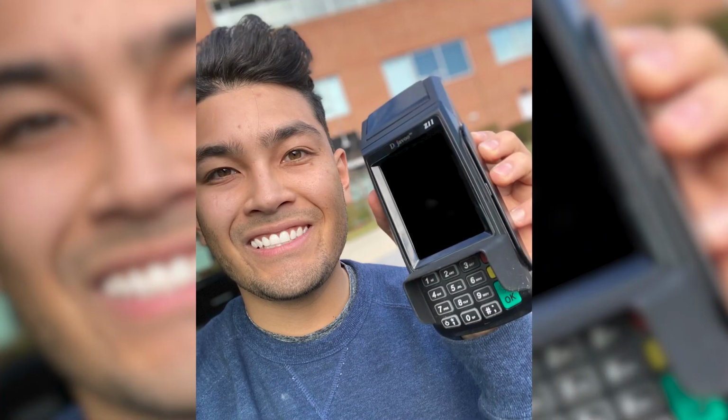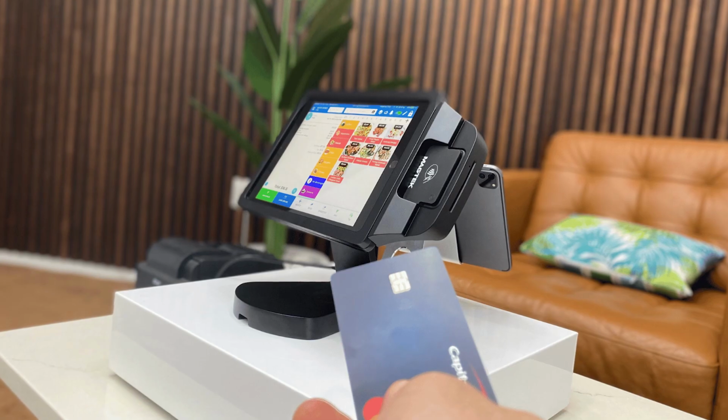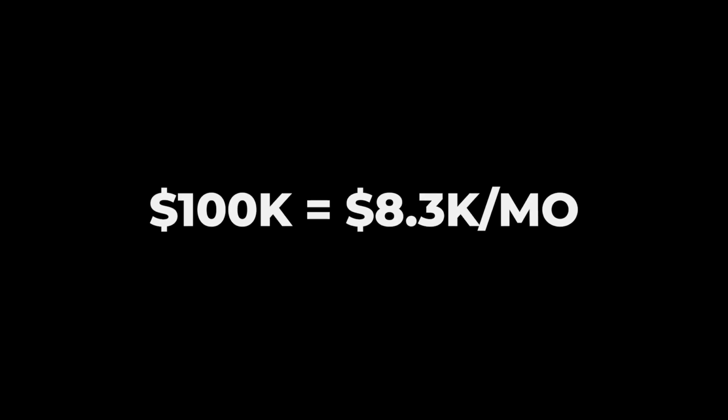How do you make $100,000 per year by selling credit card processing and point of sale systems? If you think about it, it's really just a numbers game. So $100,000 per year is the same thing as $8,333 per month. And how do we get $8,333 per month? Well, that's by selling credit card readers and collecting the residual income that those credit card readers